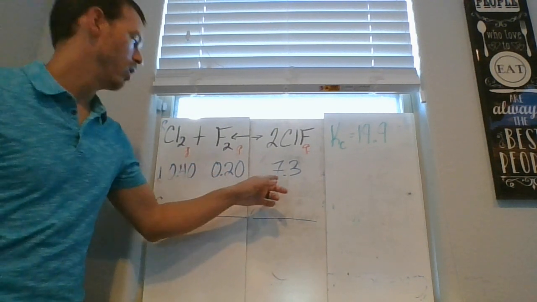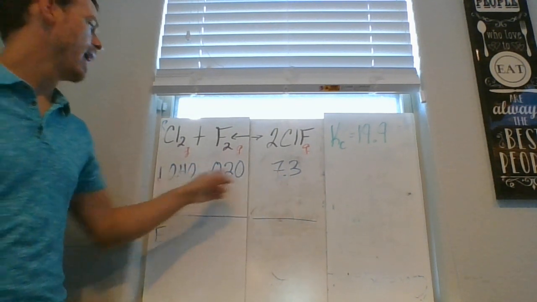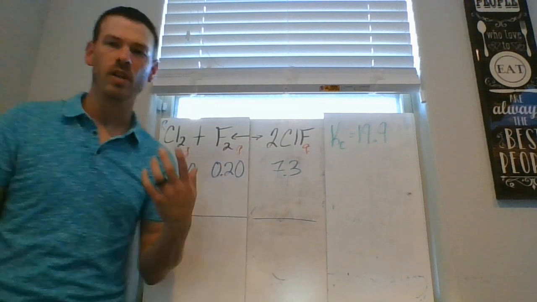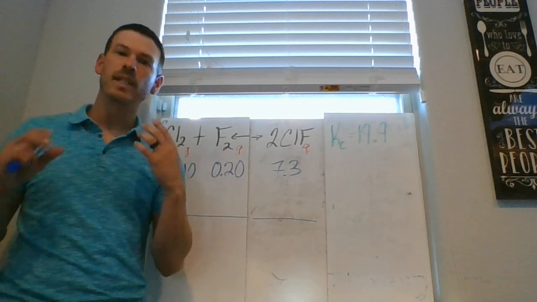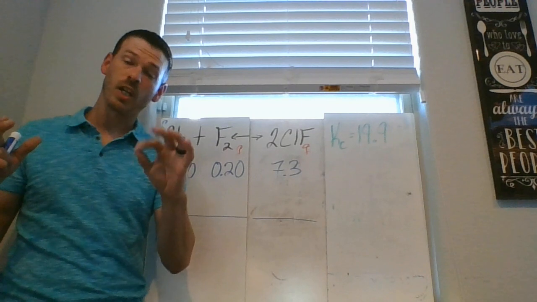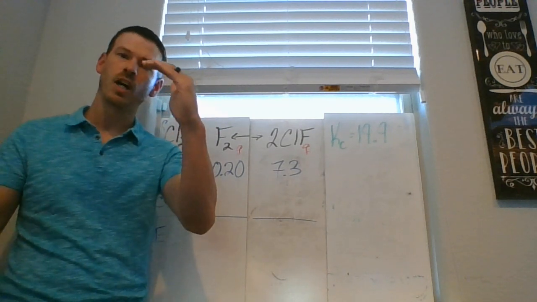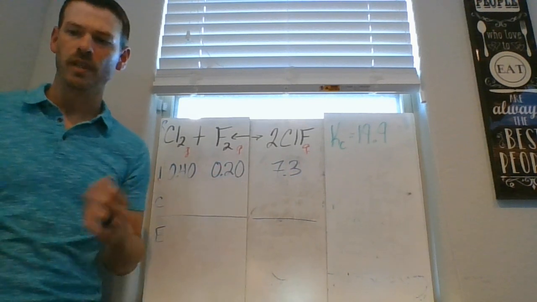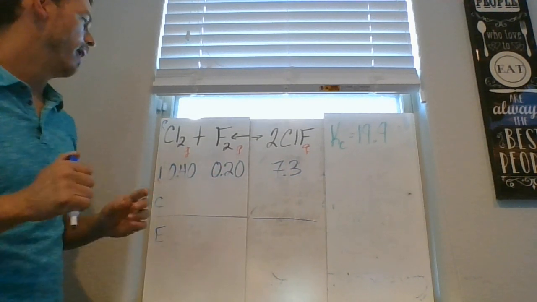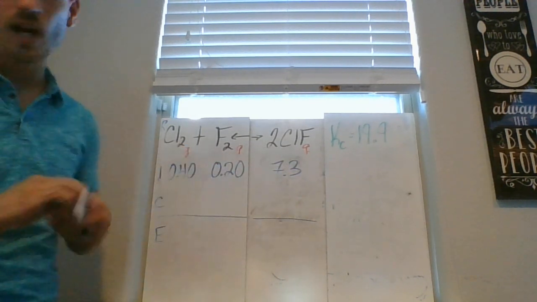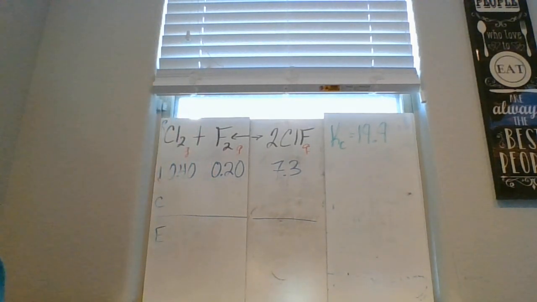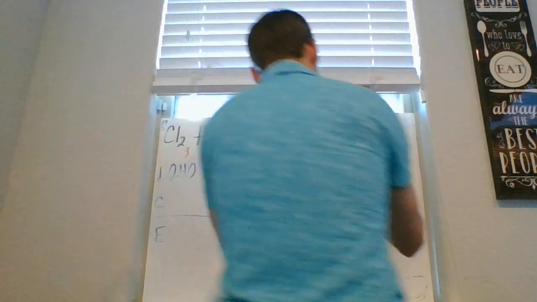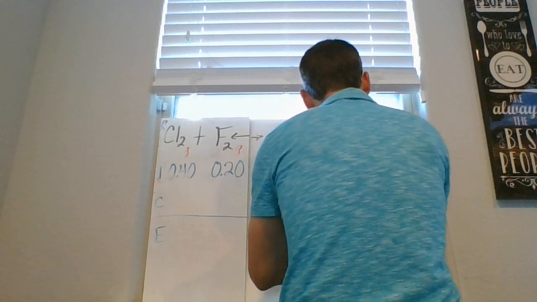Okay, so, sorry. We've got these numbers here and we know, in order to find my equilibrium expression, we take the concentration of the products over the concentration of the reactants. And what we have here is values for everything, so we're able to do that. So I'm going to start with my products on top. Let me change colors. Where we're going to have 7.3